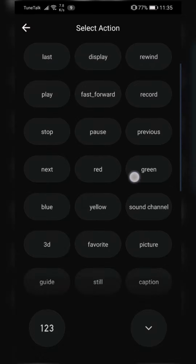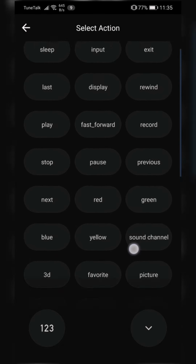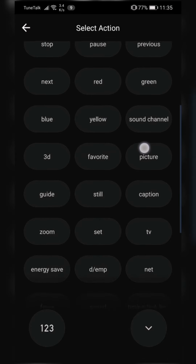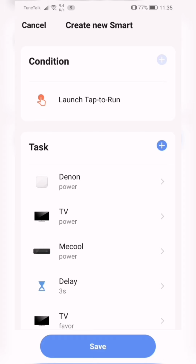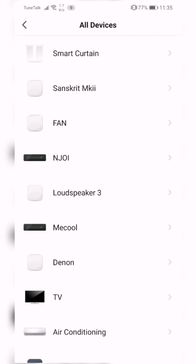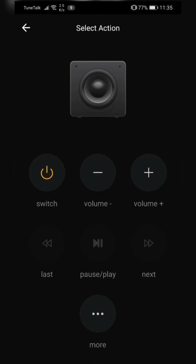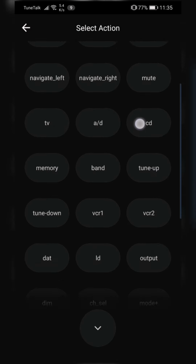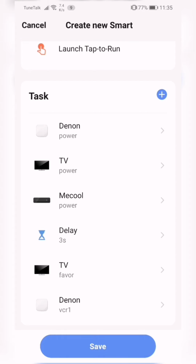More, I can set it to an input like, hold on, for instance, my favorite. So it will select my favorite input, and I can add some more, like on my amplifier, I'll set it to VCR1. So what it does is when you press a single button, it will turn on your Denon, your TV,